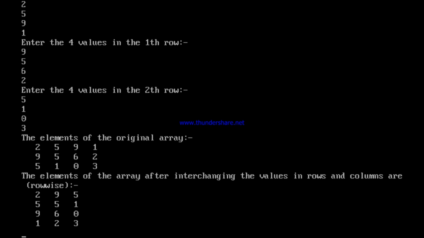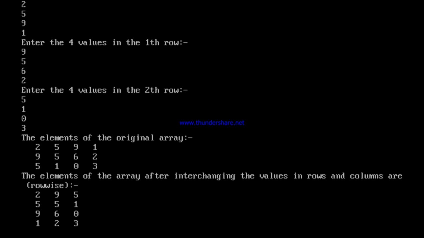So see, the elements of the original array, from the top of the screen, 2591, yes, 2591 is the first row. 9562, yes, 9562 is the second row. 5103, yes, 5103 is the third row. This is the original array. Now elements of the array after interchanging the values in rows and columns are row wise printed. See, 295 was your first column, 0th column.